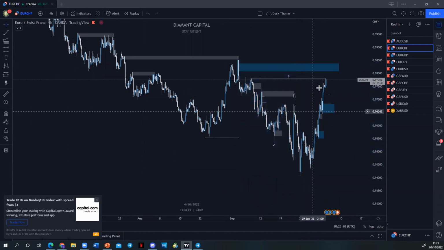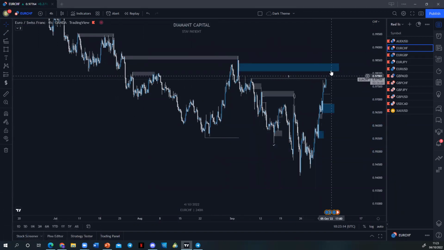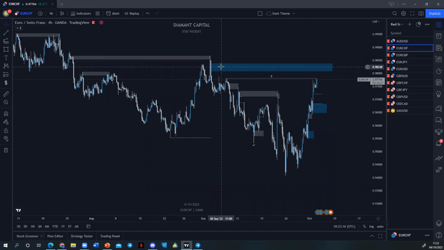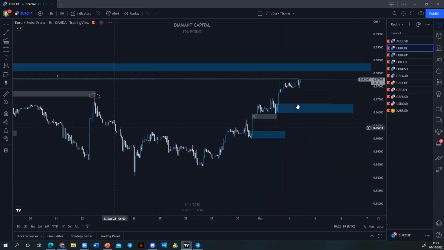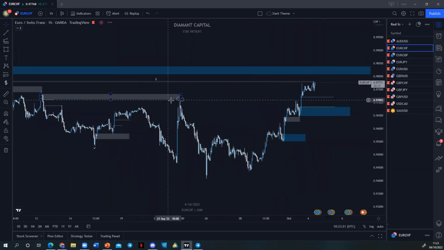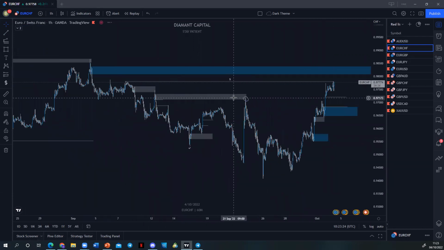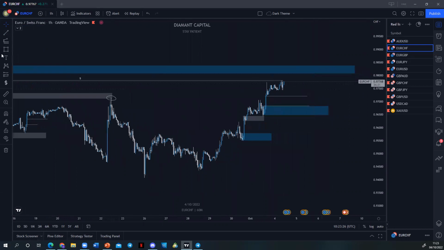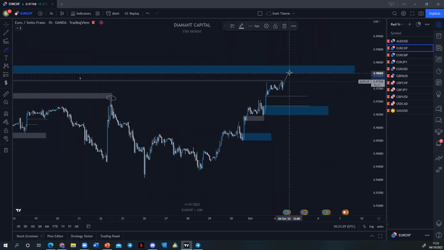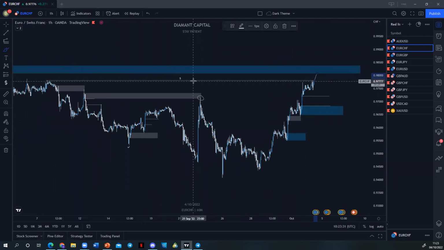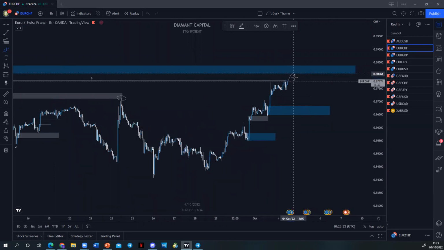Now we are reaching this premium area at the top. Therefore, we can still expect some kind of sells from there. But in terms of the lower time frame, let's go on the 1 hour. What we've done, we've broken this primary structure right here. So therefore, if we do get something like this, let's just say a reaction from the top, we take this liquidity that we've just built up at the moment, we sell off,